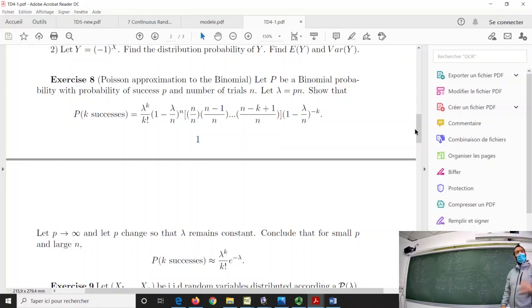Okay? But for the moment, before passing to the limit and obtaining what I want here, just try to obtain this one. I give you 2 minutes to do it, because if you know the definition of a binomial, it takes you 1 minute to do. Okay? So I erase the board, okay? And write the statement.